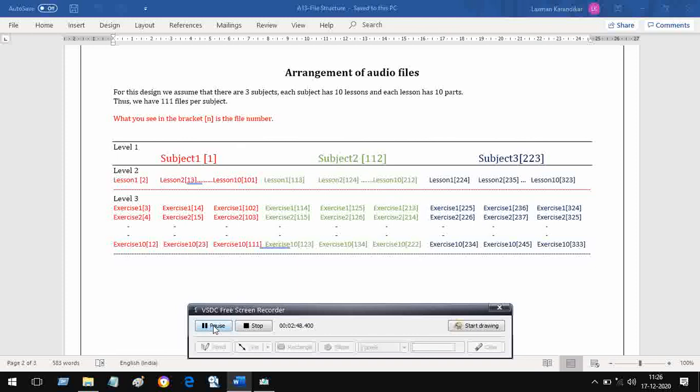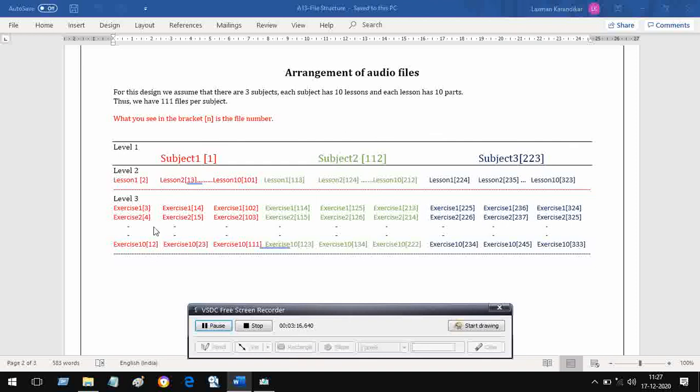and here you have exercise 1 of lesson 1, where the address is 3, exercise 2 address is 4, and so on up to exercise 10 where the address is 12. On the other hand, if you go to subject 1 but you decide to select lesson 2, as you can see here it is lesson 2 in subject 1, then the address will become 13 because you have covered up to 12 already.